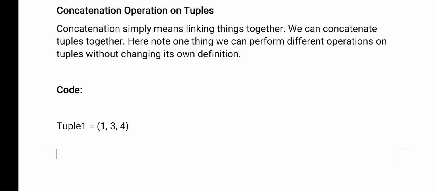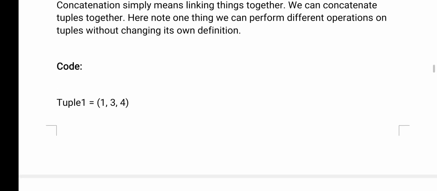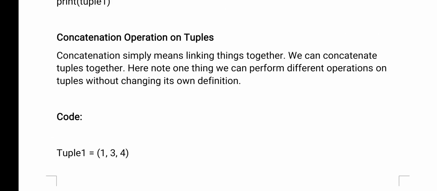Next, concatenation operation. Concatenation means what? Joining two strings. So joining two strings, two tuples, sorry. Concatenation means here we will create two tuples, and those two tuples can be added. Okay. So when you add, the second tuple element, the